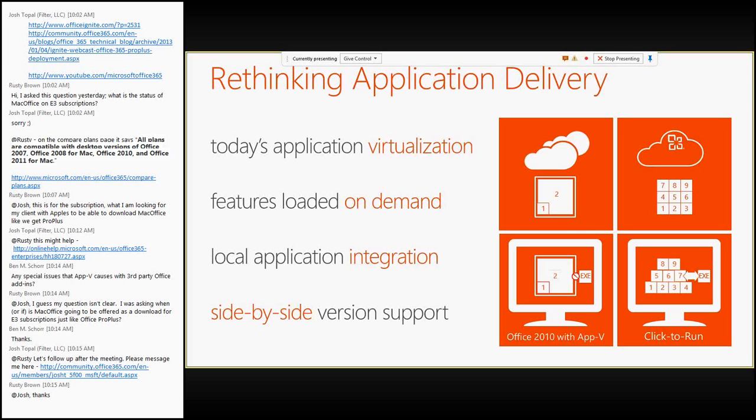We've actually optimized for side-by-side version support so that Outlook can run with an older version of Outlook. You can only have one open at a time, but you can have Outlook 2010 next to Outlook 2013. Using Click-to-Run, you can also have Outlook 2007 running at the same time. And in both of those cases, we can even reuse the OST file, so the data file that is a deployment person's nightmare,